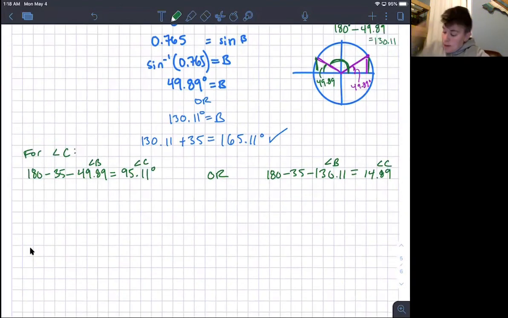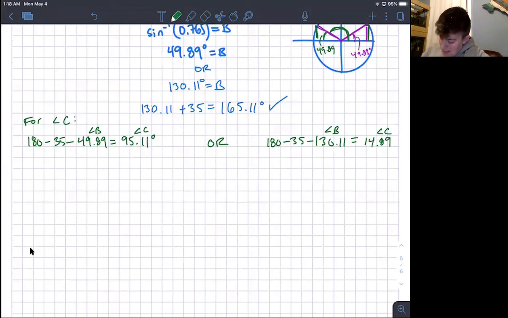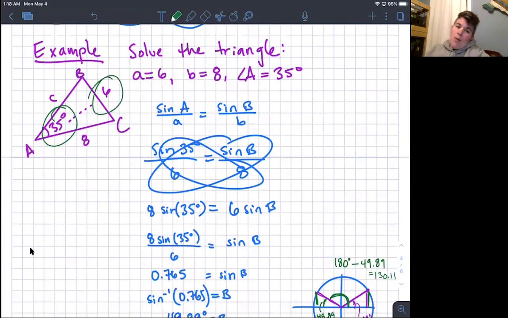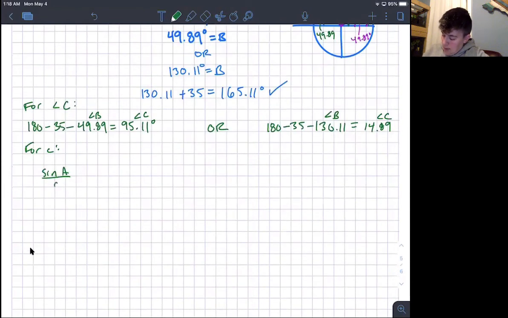Okay, so now let's use the law of sines to figure out side C. So this is just going to be regular C. So I know the sine of A. I always go back to the sine of A because that's the one we know for sure. That way, if I made a mistake in calculating anything for B, I won't calculate based on the wrong mistake. So I always go back to angle A. So sine of 35 degrees over 6 equals sine, and I'm going to use this angle right here, 95.11,